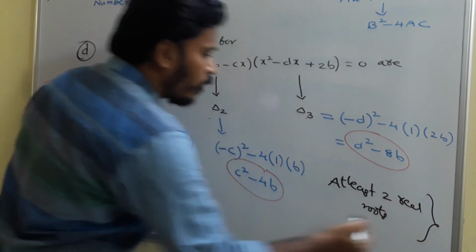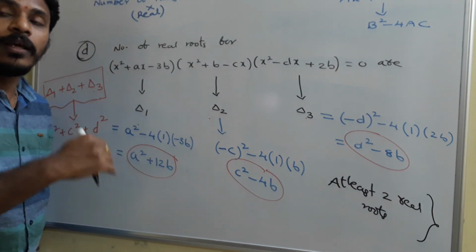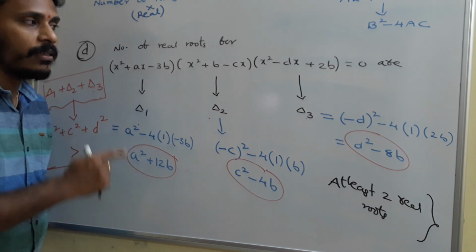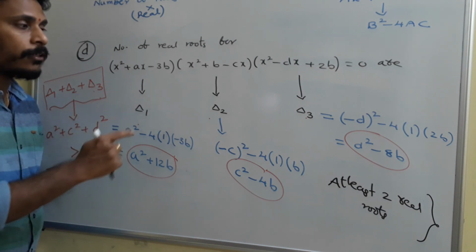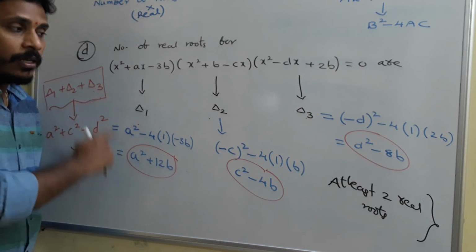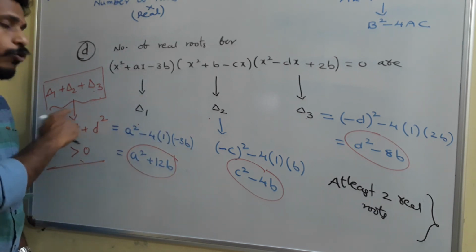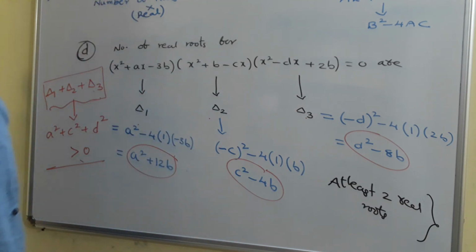Okay, see, this equation may have 2 real roots or 4 real roots or 6 real roots, but at least 2 are guaranteed, and that's why we say that this product also has at least 2 real roots. So we need to answer these types of questions just by calculating the discriminants and adding. After adding, you just think about whether delta 1 plus delta 2 is greater than 0 or delta 1 plus delta 2 plus delta 3 is greater than 0, and after that we will decide the number of real roots. Okay, just have a look.